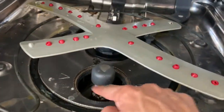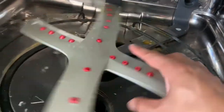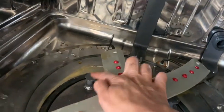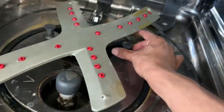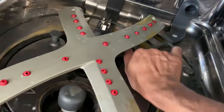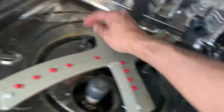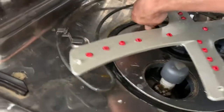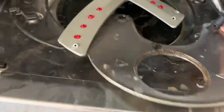Okay, so now that I have removed this filter, there is one screw here and one screw there. I'll remove these two screws and this mesh will come out. Let's see how it goes. So this has come off,